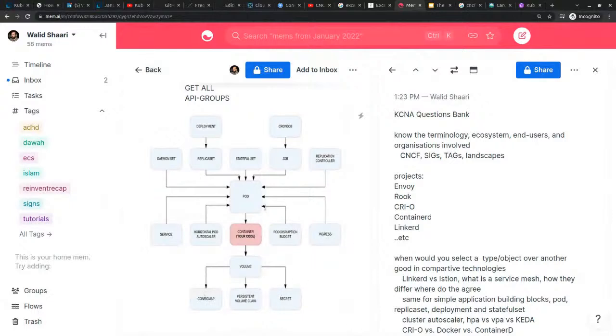If I were you, I would really cover the pod extensively. I know that I'm contradicting myself. I say don't go deep, but the pod is a very important concept in Kubernetes. It is the smallest execution unit, and every other unit depends on the pod and uses the pod definition within its own definition. Okay, so how to create a pod? What kind of things go inside the pod? What's the difference between a pod and a job? And what is the difference between a cron job and a job?